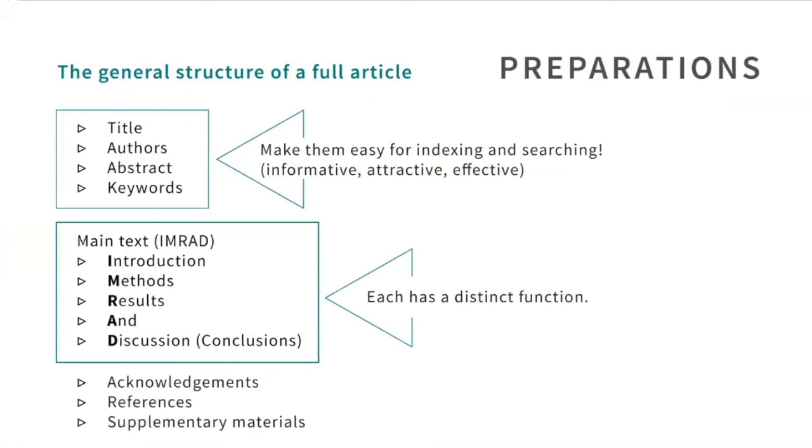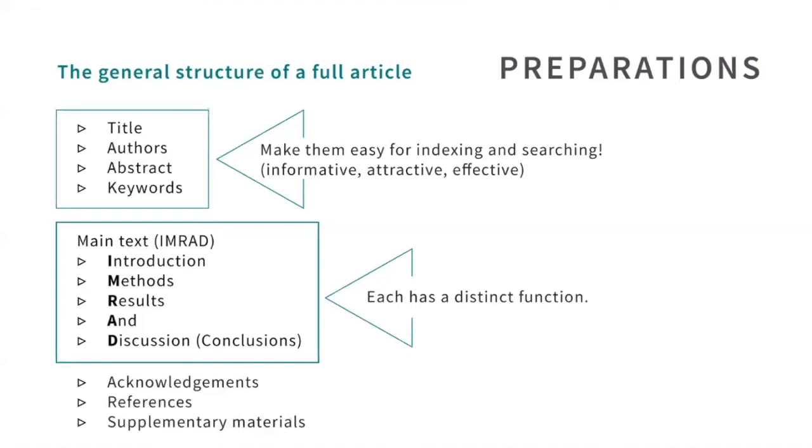And with that in mind, let's talk a little bit about preparing to write, because in the third part of this presentation today, I promised you I would give you some tips and tricks for article preparation, for article writing. Now, did you know that the title and the abstract of your article serves a different function than the rest of the paper? The title and the abstract mostly are important in academic article publishing for discoverability.